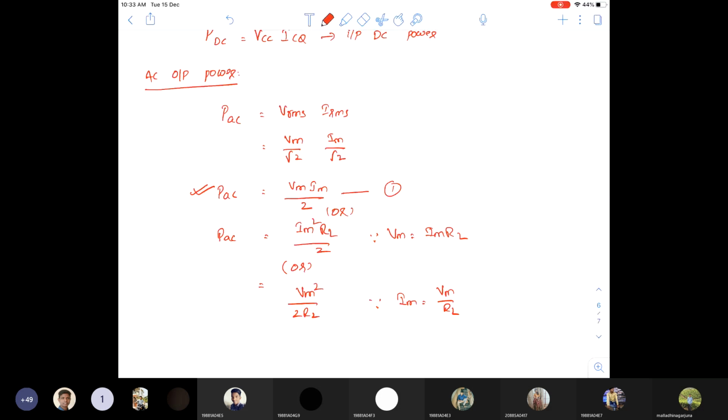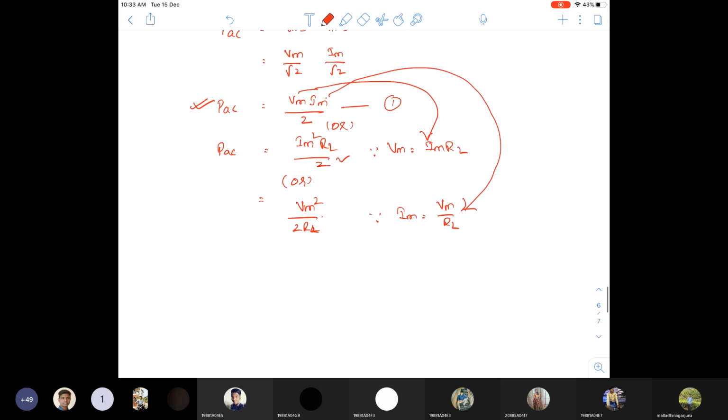If we substitute VM is equal to this one, you will get this. Or if you substitute IM is equal to this, you will get this. Okay, so VM square by 2 RL. Clear? Still further, what else can you do? PAC equal to, again you take VM IM by 2,